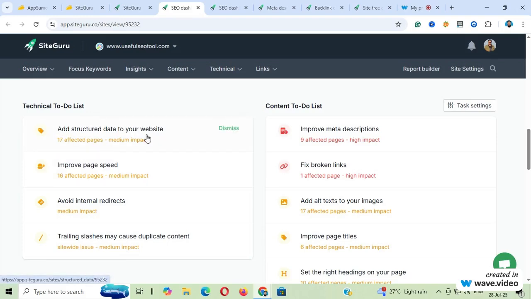This is the technical to-do: add structured data to your website, 70 pages affected; improve page speed, 16 affected pages. You can click here for these pages. Improve assets, avoid internal redirection. Trailing slashes may cause duplicate content issues, medium impact. This is the medium impact. That is technical structure, and this is content. For content structure,